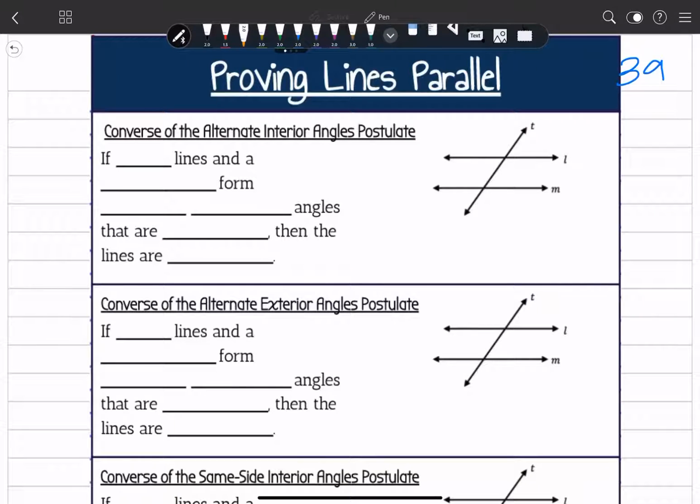Hi everybody, so we're going to be talking about how to prove lines parallel. Pretty much what's going to end up happening is that we're going to be able to use the converse of the postulates that we had yesterday and prove that lines are parallel. So for example, with the converse of the alternate interior angles postulate, if two angles and a transversal